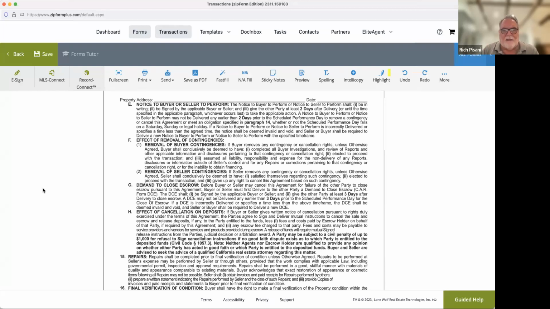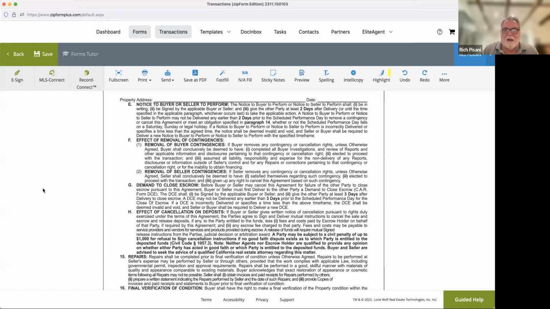If required by this agreement, any escrow fee charged to that party, fees and costs may be payable to the service providers, blah, blah, blah. A party may be subject to a civil penalty up to $1,000 for refusing to sign the cancellation instructions if no good faith dispute exists as to which party is entitled to